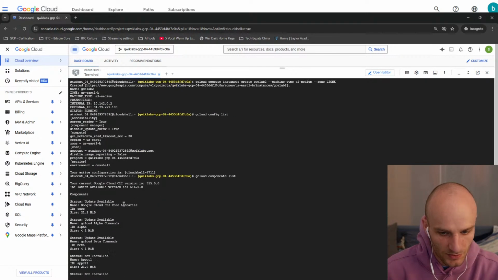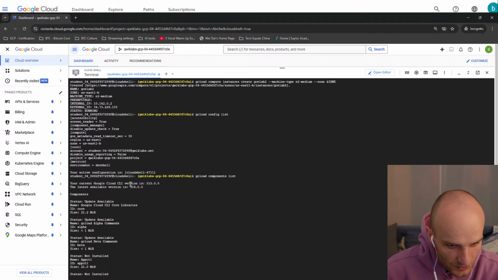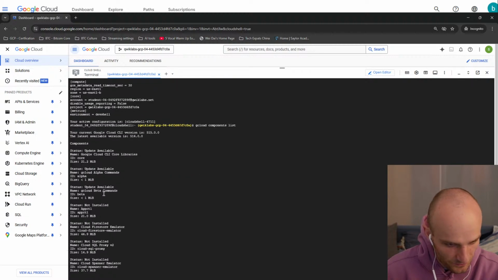Okay, so your current Google Cloud CLI version is this one. The latest version is this one. Update available. So gcloud core libraries available, alpha commands available, beta commands available,